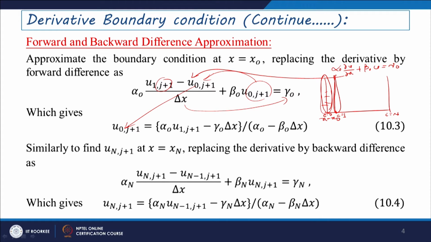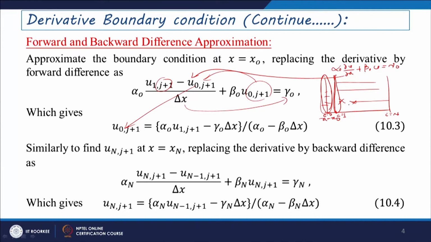And especially you will have a previous iterated value or some initial conditions that have been provided inside the domain here, and from those initial values of this computed domain, this boundary can take this value and it can be updated in each of these iteration levels. Similarly, to find, suppose, the last boundary value, that is at u_n^(j+1) here at each of